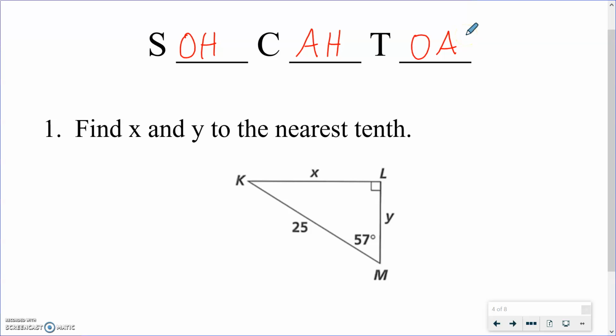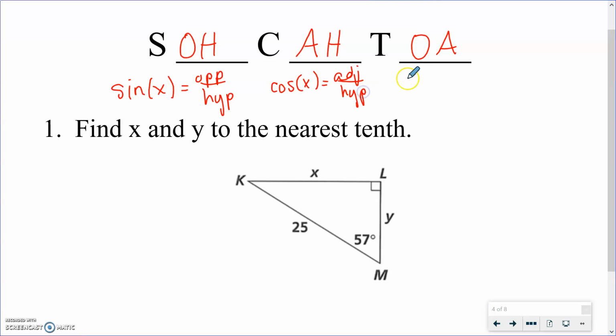in right triangles. So just a quick reminder again, the sine of an angle x is the opposite over the hypotenuse. The cosine of an angle x is the adjacent over the hypotenuse. And the tangent of an angle x is the opposite over the adjacent. So we can use those then to solve for missing angles as well, but we're actually going to be using the inverse functions. So if we set this ratio up,